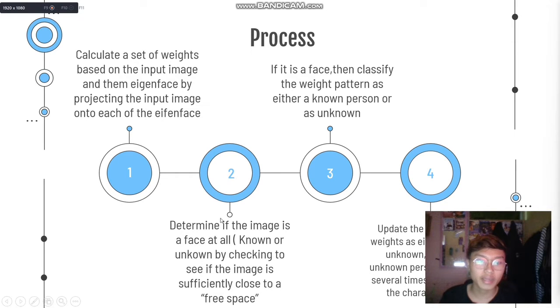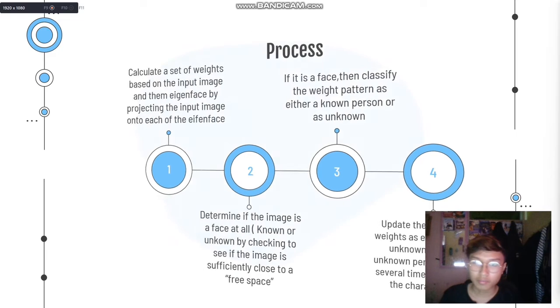Two, determine if the image is a face at all, known or unknown, by checking to see if the image is close to face space. Step 3, if it is a face, then classify the weight pattern as either a known person or as unknown. Step 4, update the eigenfaces or weights. If the same unknown person's face is seen several times, calculate the characteristic weight. Okay, next,